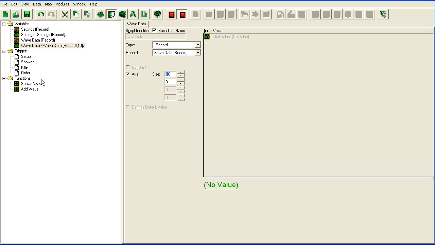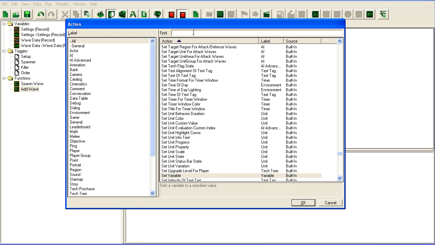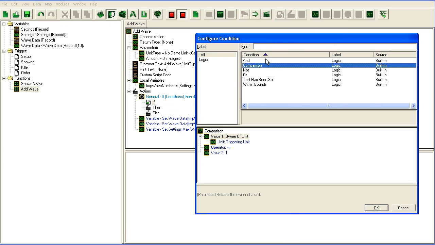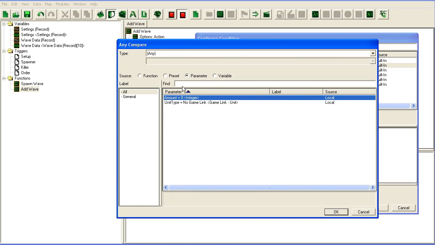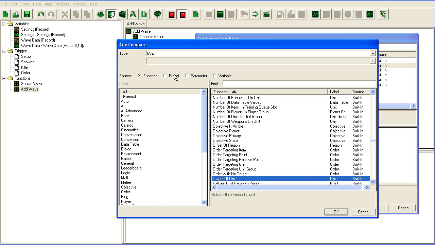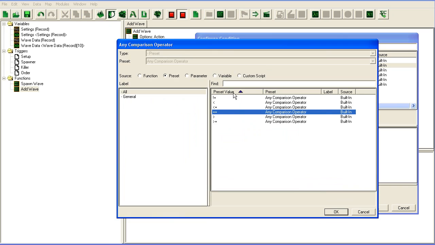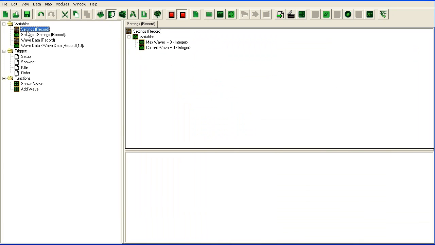Now I could just increase this, but instead I'm gonna add a check here, which you probably should do in most of your maps. So I'm gonna check if wave number is larger than, and then I need to add a setting here